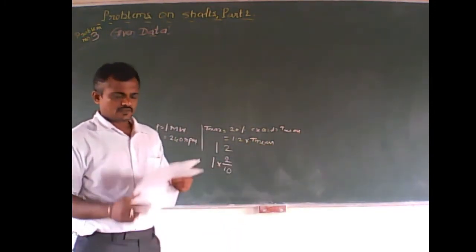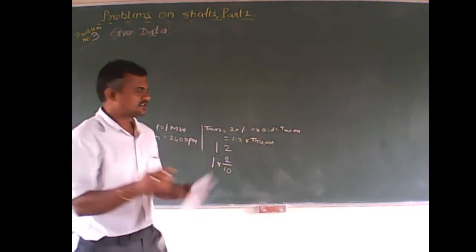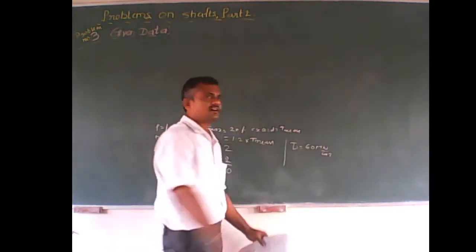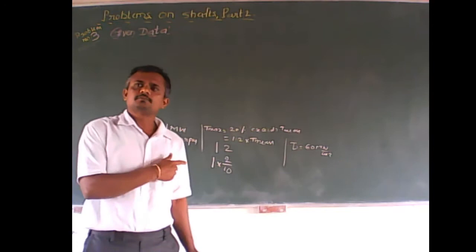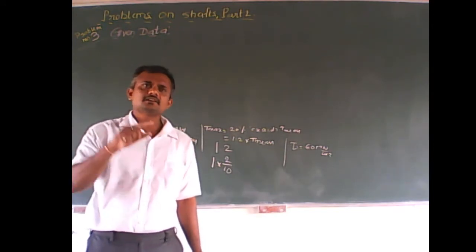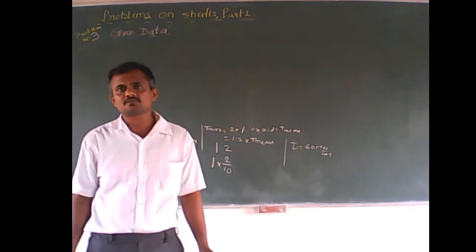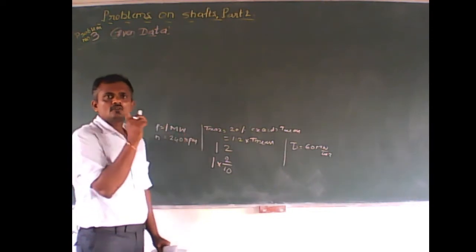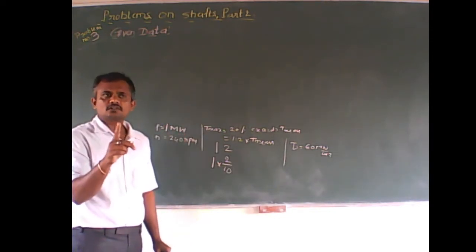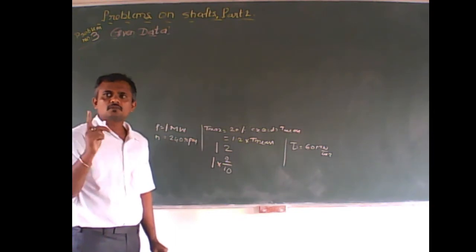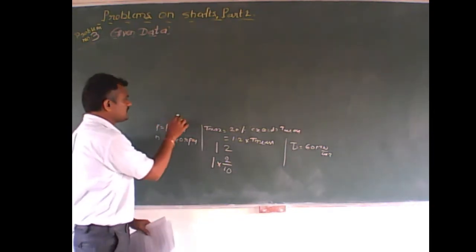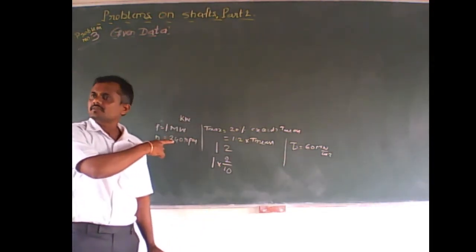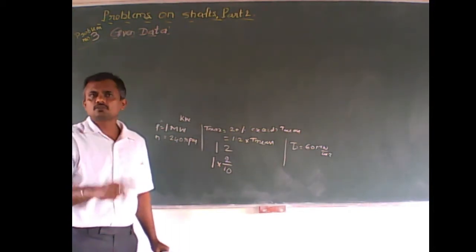Take the maximum allowable shear stress as 60 MPa, that is 60 meganewton per meter square. This method of solving is the same as the previous problem which I solved in my last video. The only thing is that here 1 megawatt is given. While substituting the value of power to calculate the torque, we have to take it in kilowatts. But in this problem it is given in megawatts. How do we convert 1 megawatt to kilowatt?